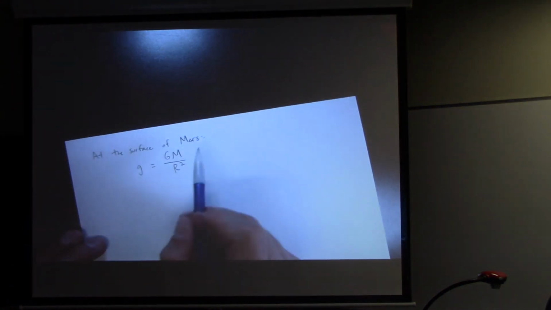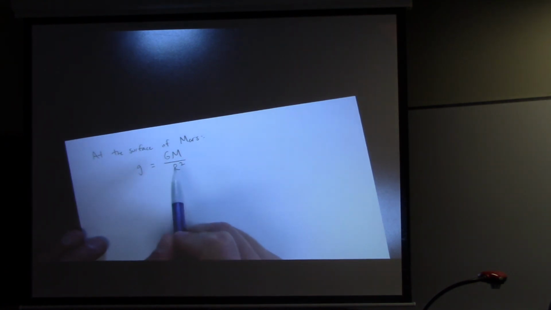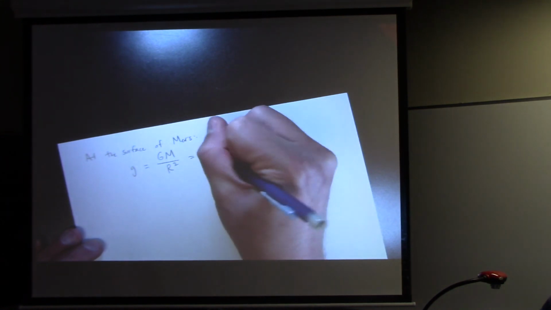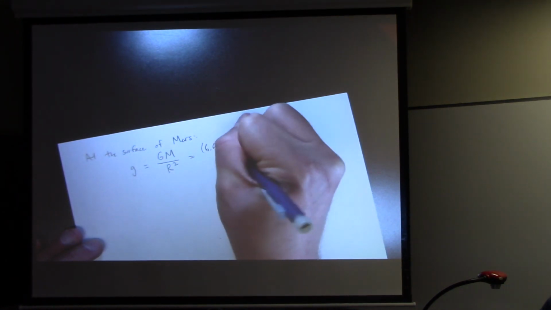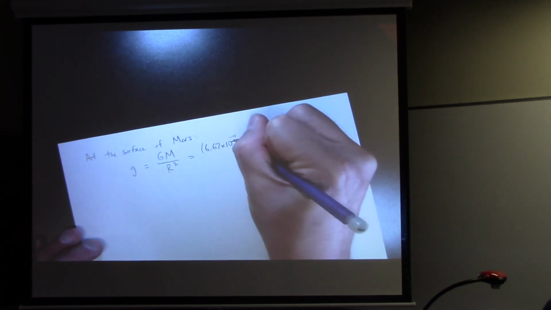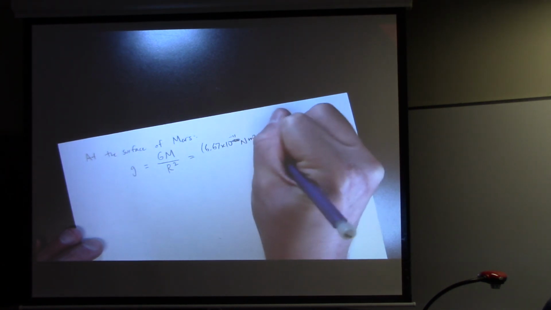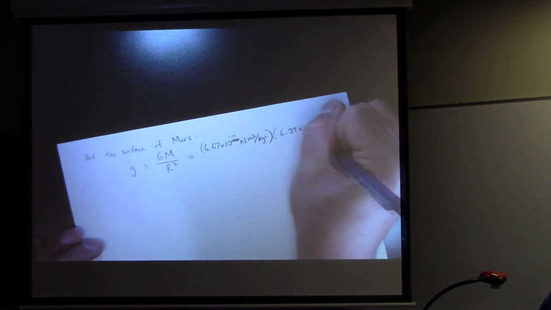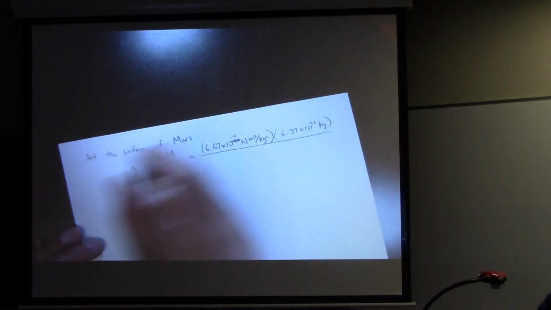So again, that's the mass of Mars, that's the radius of Mars. And let's just plug in what we have. We have 6.67 times 10 to the minus 11 newtons meters squared per kilogram squared. The mass is 6.39 times 10 to the 23 kilograms. Now the radius is